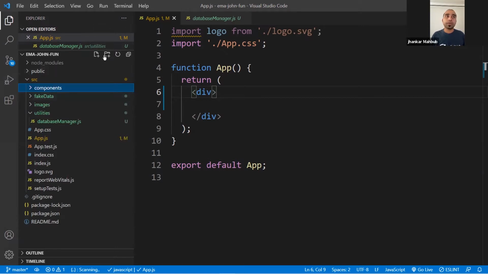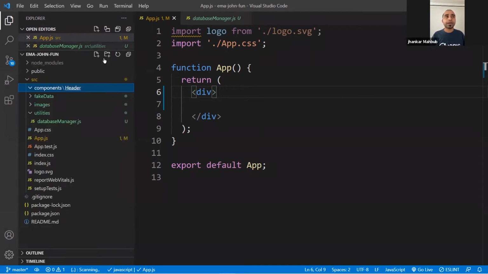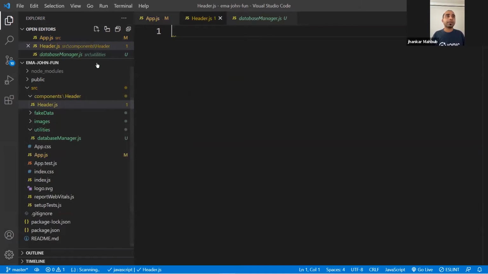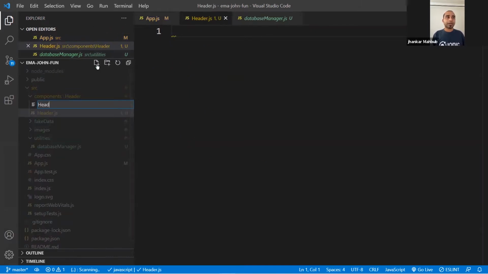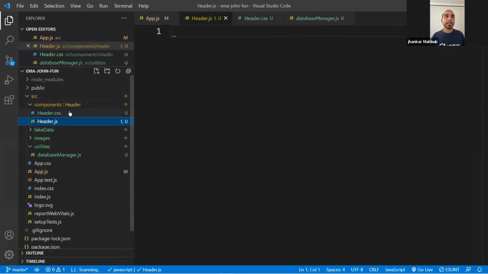And inside the components folder, for every component, in some style or some approach, you will create a file named after the component. In our case, we will create a header folder, and inside the header folder, we will have header.js and another one, header.css. So that means we have a folder with header.js and header.css, inside the components folder, inside the header folder.